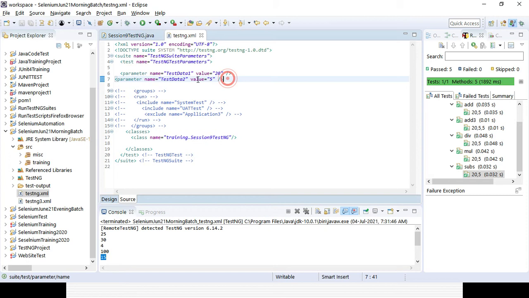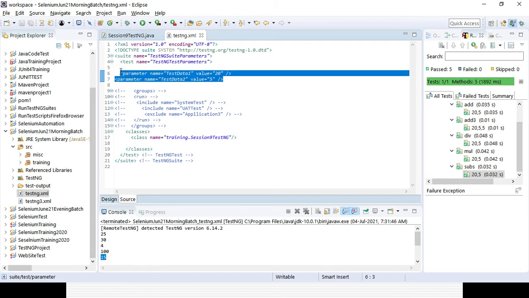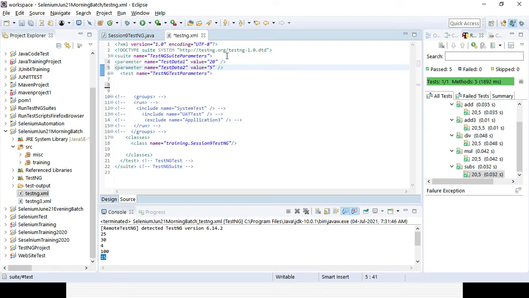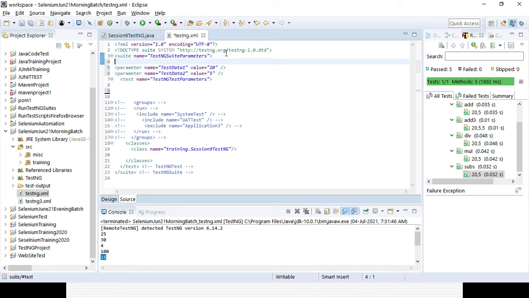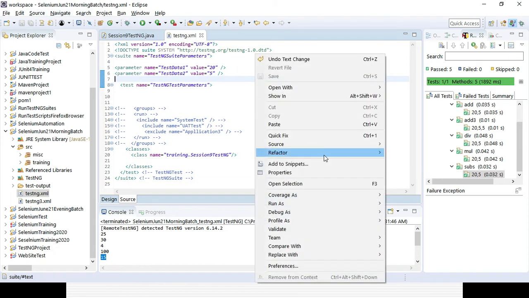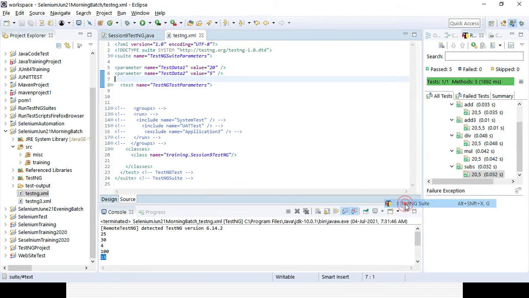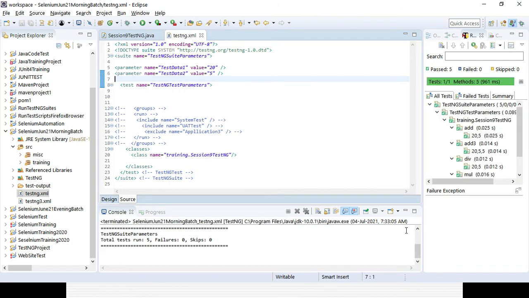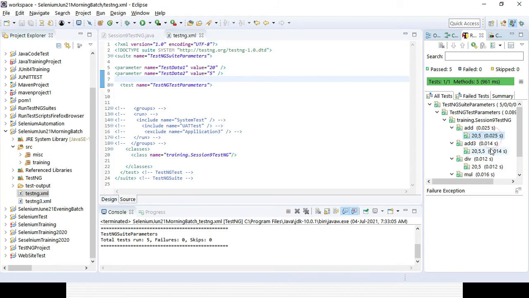Okay, now let's cut and paste the same thing, and paste it at your suite level. It will not have any impact, it will give you the same result. So in case it's suite level or test level, it does not matter. Let's try to run it, it will give you the same result. Okay, you can see the total number of test cases passed, same result. 25, 5, multiplication, division, like that.